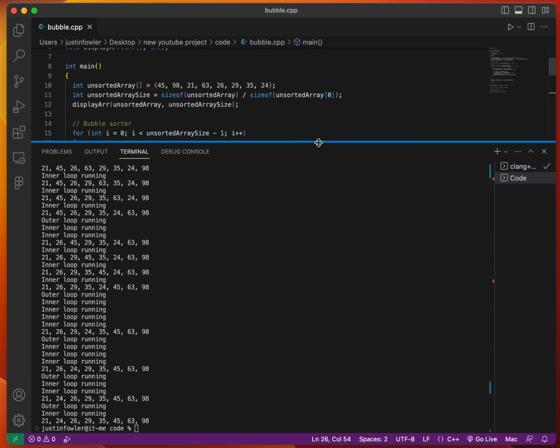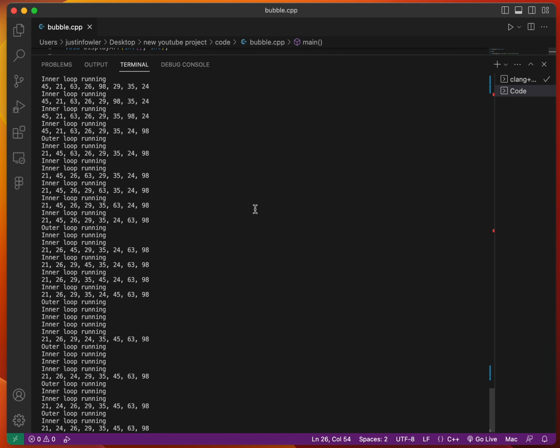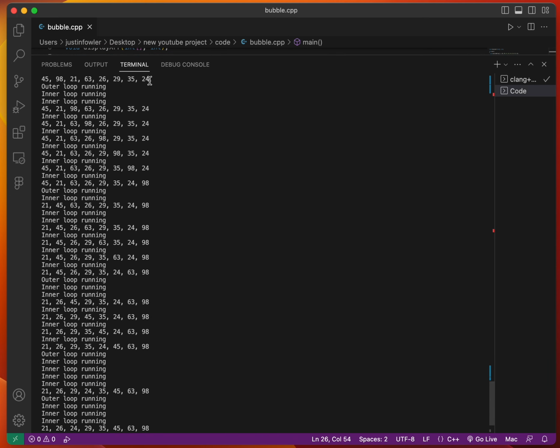Awesome. Okay, we have a lot more information now. So let's start at the top. Okay, so right here, this is the array that we're starting out with. Then we're going to run our outer loop. And then our inner loop runs, and then nothing happens. Another inner loop runs. And remember, the reason is because it's looking at these first two values and swapping them if 45 was greater than 98. It isn't. So what happens is it says, oh, it's not. It does not execute the if statement that we were looking at, and instead it moves on to the next